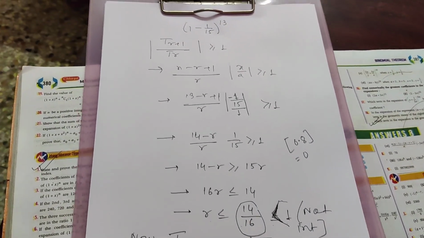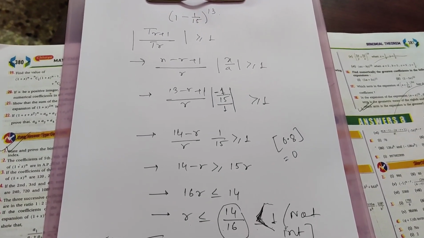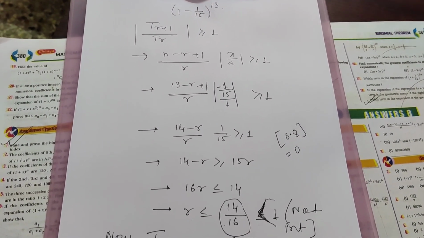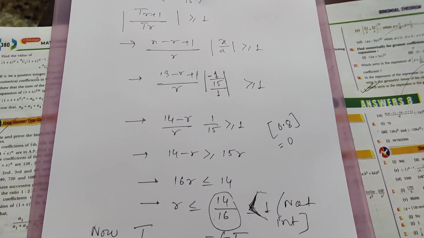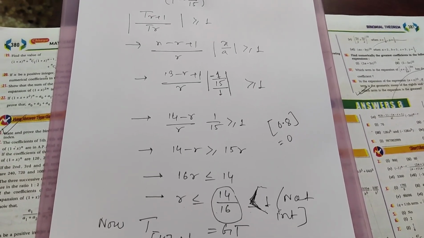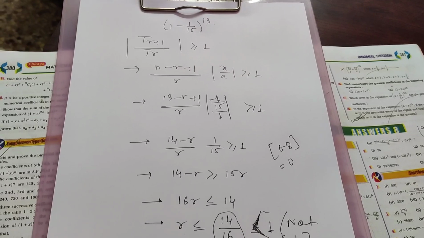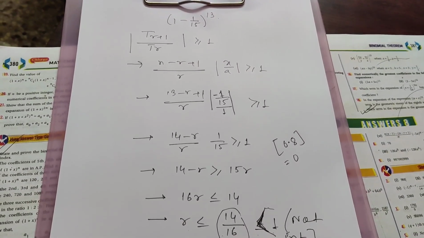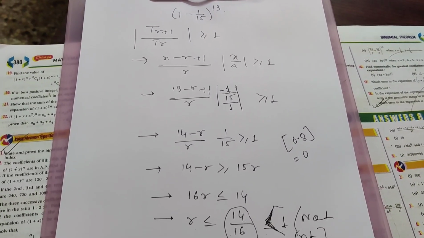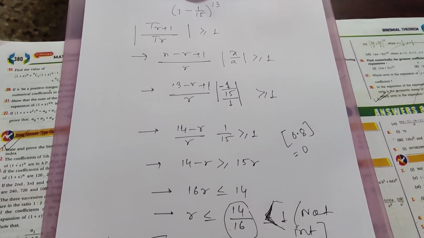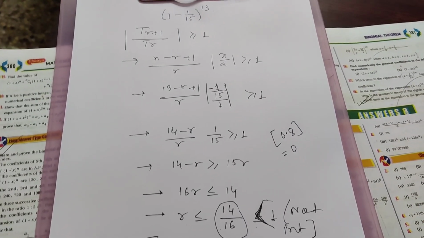Okay, so two types of examples I have shown you. One is if k is an integer, and the other is if k is not an integer. So using this formula you can very easily find the value of numerically greatest terms. Numerically greatest terms, because we are not considering the plus or minus signs, we are just considering the scalar part.